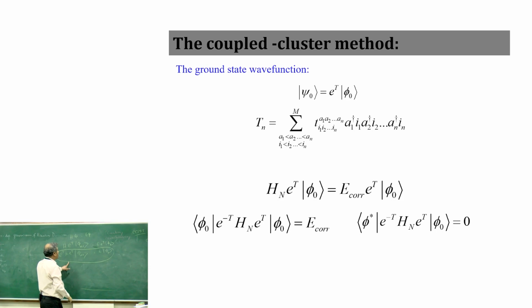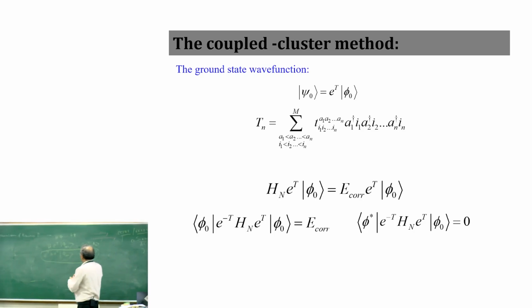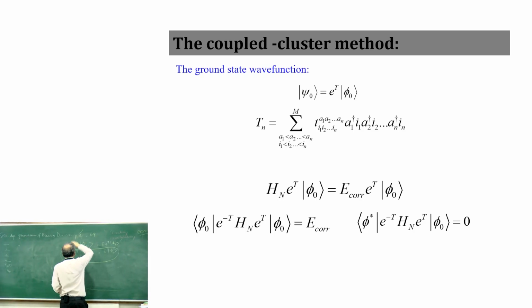Now I got a new equation where I have a model Hamiltonian, or sometimes they call it an effective Hamiltonian, whose eigenfunction is the same as the Hartree-Fock, but the eigenvalue is the exact. This is a very interesting idea actually. It's an intermediate Hamiltonian whose eigenfunction is the Hartree-Fock eigenfunction, but its eigenvalue becomes exact. For the full Hamiltonian, of course, the eigenfunction is also an exact eigenfunction, and the eigenvalue is also exact.